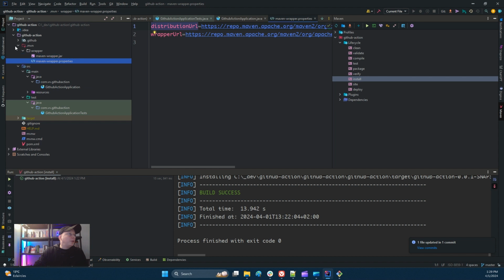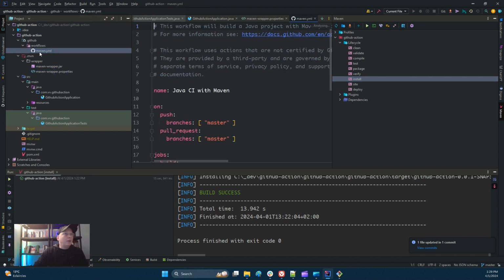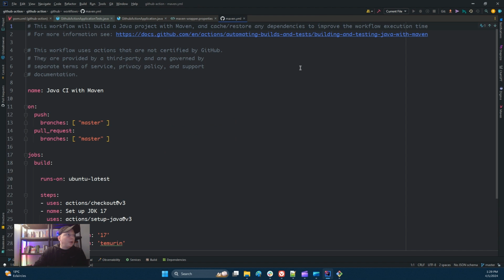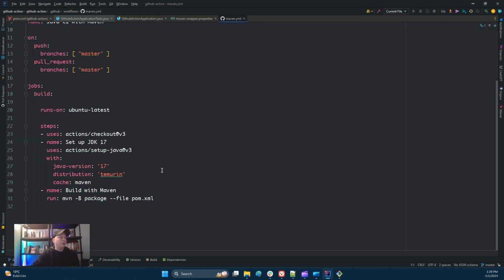No, it is here. Okay, I increase. So on push, when I push something, this will trigger a GitHub Action that will do the CI/CD. The CI/CD, which is set up the Java development kit and then build with Maven, and this on GitHub.